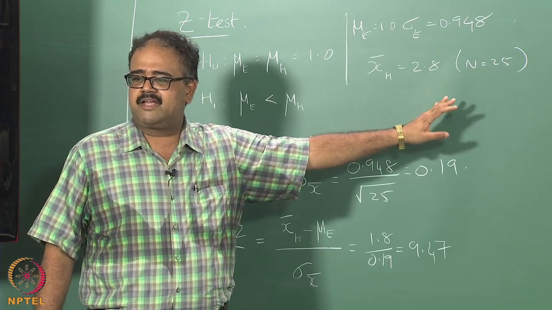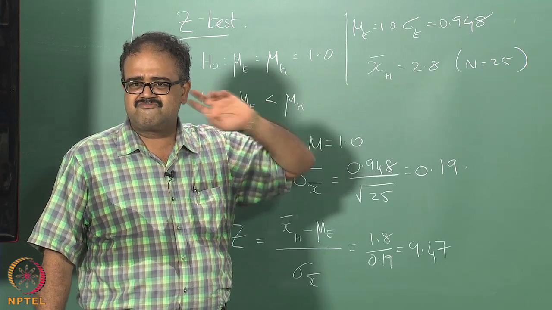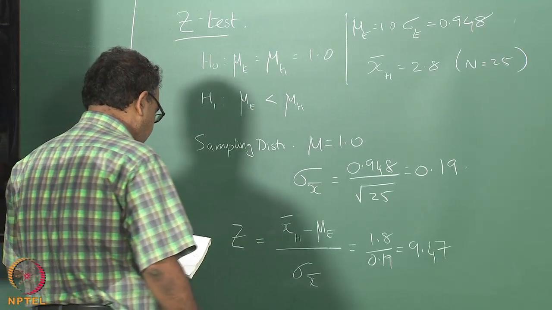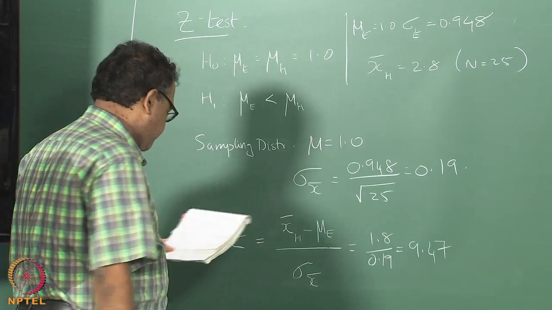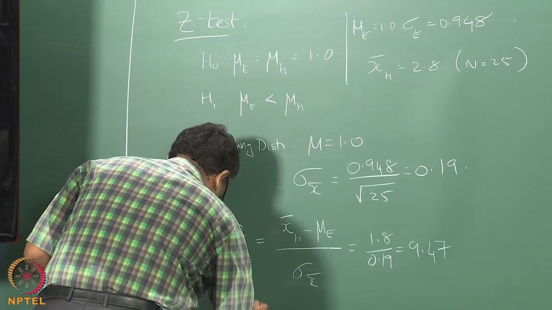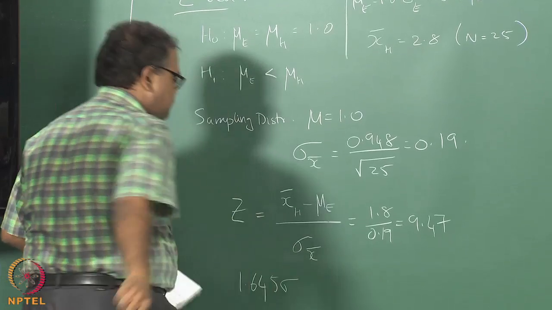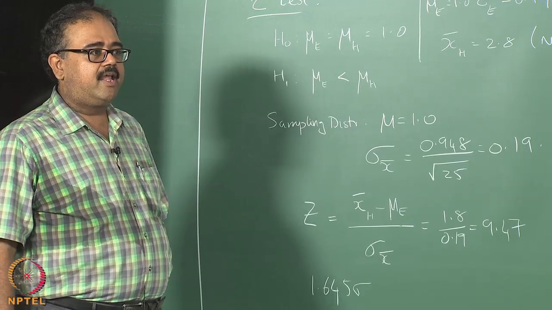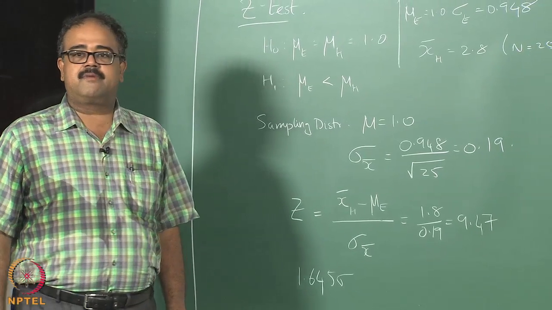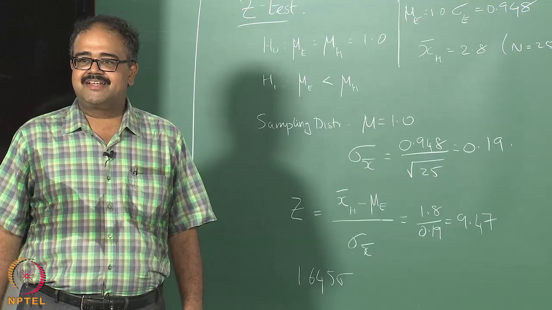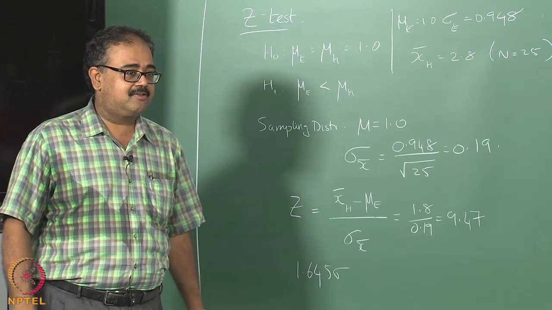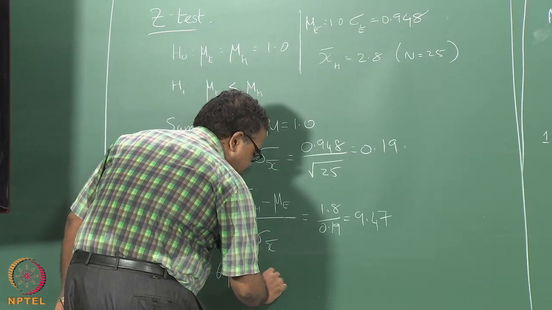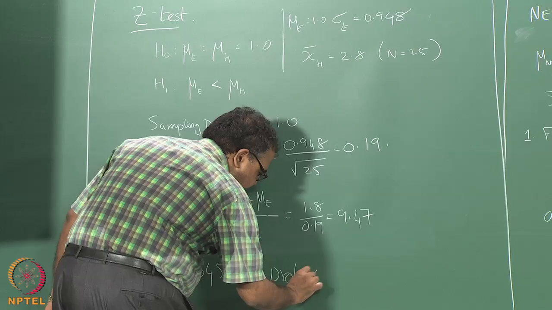So what is the probability of that happening? Very small, right. We do not know that exactly, so what we do is we essentially look at some standard values that we do know. What is the probability of something lying greater than 1.645 sigma above the mean? These numbers you should know by heart, right? You should know it at some point. 1.65 is your friend, right? So the probability of that happening is